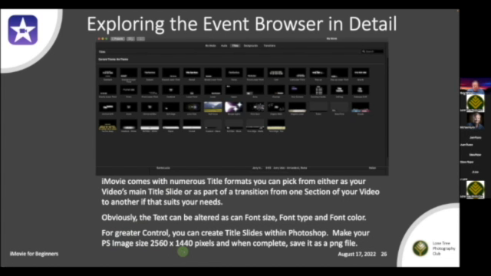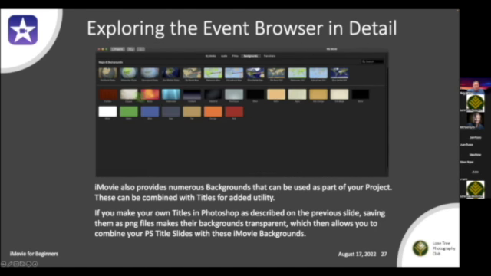And then when it's complete, save it as a PNG file, unless you're overlaying that on some other kind of background, which you'll see I did when I show you the finished project that I'll share with you at the end of the presentation. But if you save it as a PNG file, then you can drop it onto one of the background slides